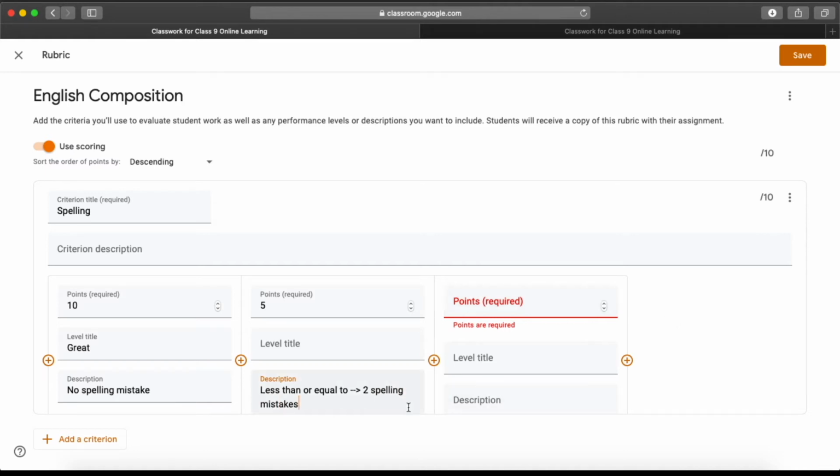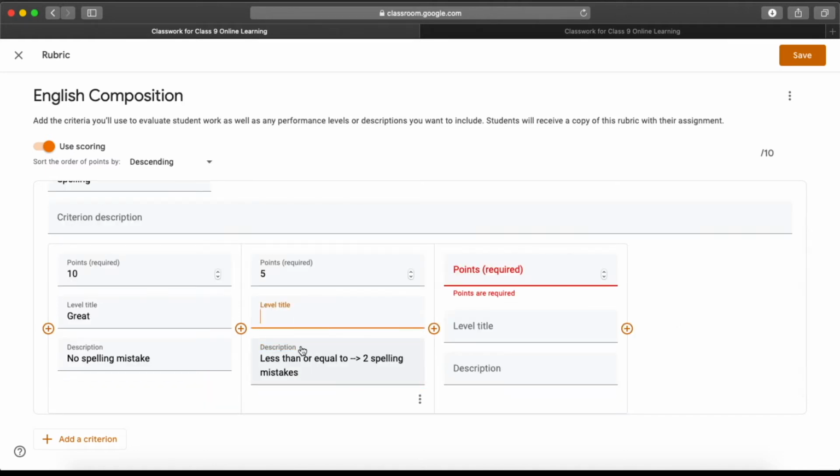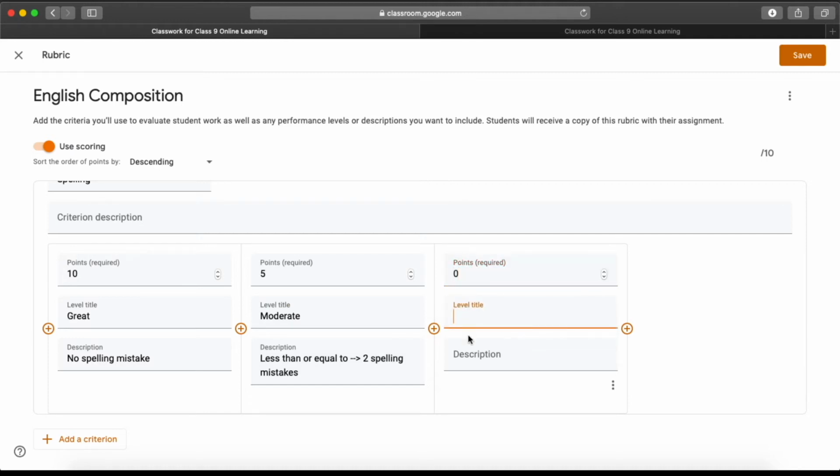So here maybe let me put the title as moderate. And now on the third point, let me add 0. And here the level is need improvement. Description: more than 2 spelling mistakes.